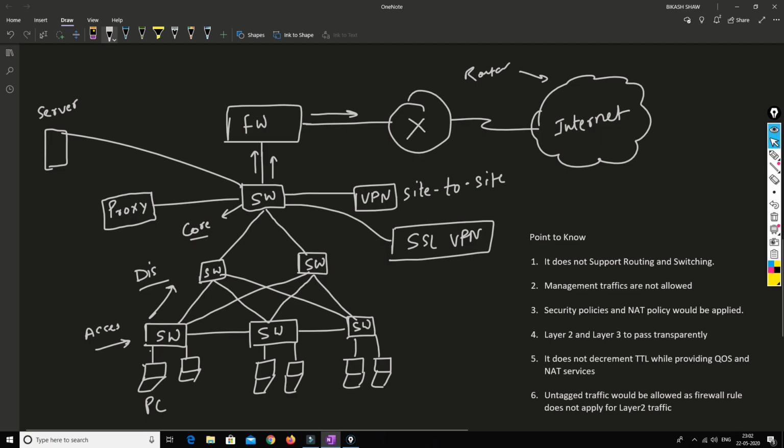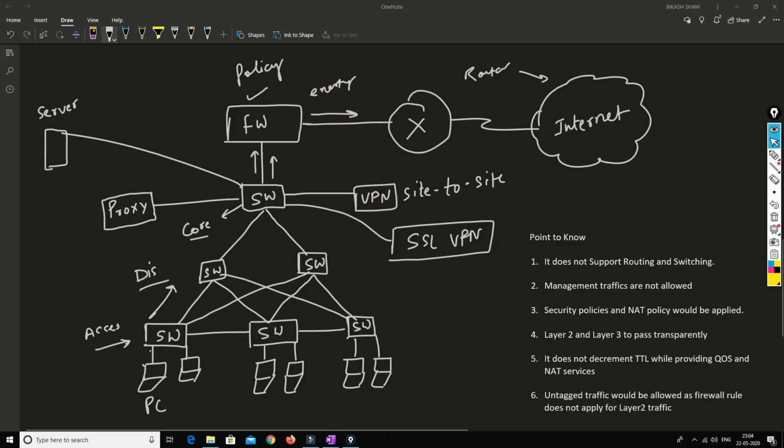The firewall will be placed between the inside exit and the outside entry so that it can control the traffic which is going out of the network and coming into the network, and it can put the policies as well. So how the vWire will work in this scenario, I'll just explain to you.